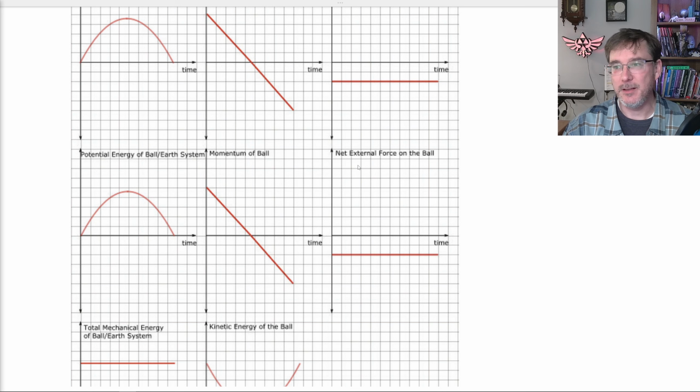And since the net external force on the ball is all due to gravity, the force of gravity is going to be mass times the gravity of the ball. The Fg is equal to mg. And since m, again, the mass of the ball, is going to be remaining constant, the g, the pull of gravity, will be 9.8 or 10 negative downward. And so it is going to look exactly like the